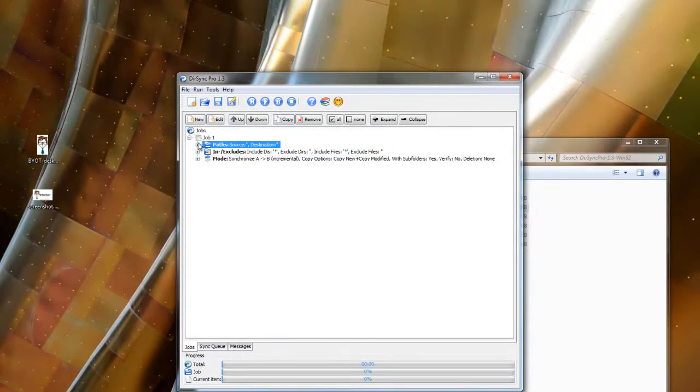The jobs show up here. You can make new jobs, you can edit old ones, you can move them up and down, and they'll all get run when you hit play. And what we're doing for the first one is